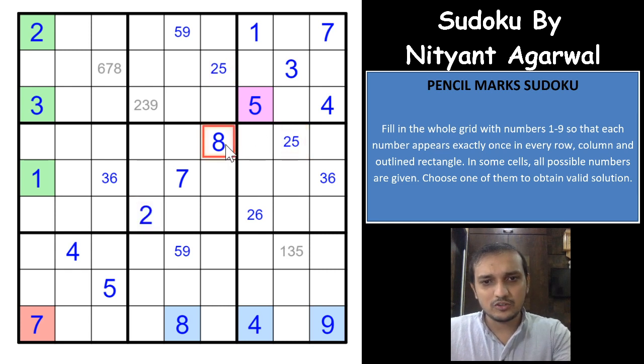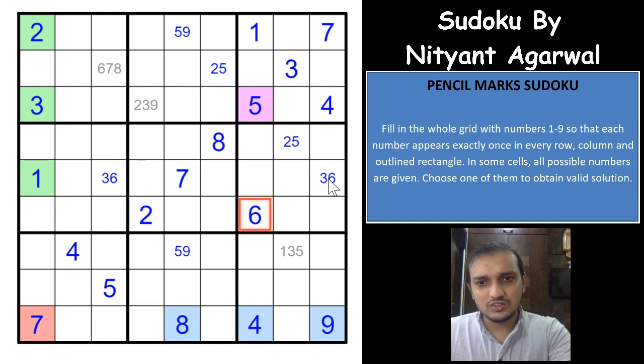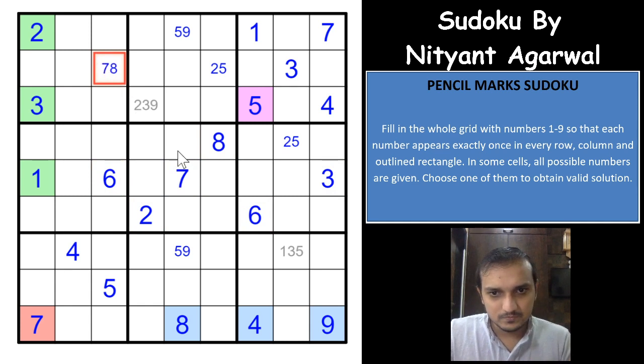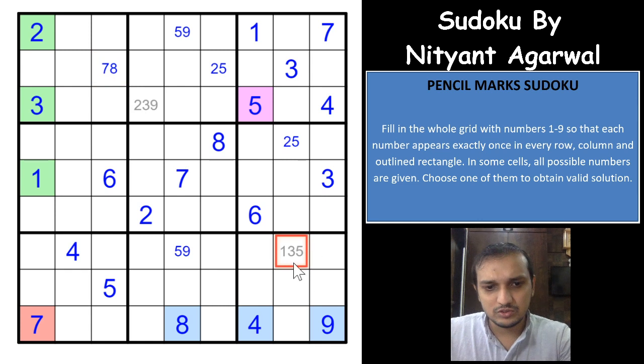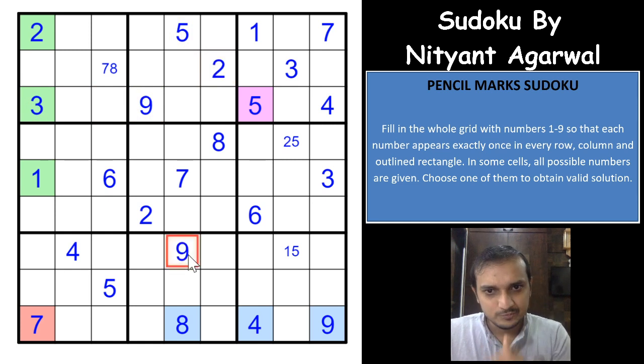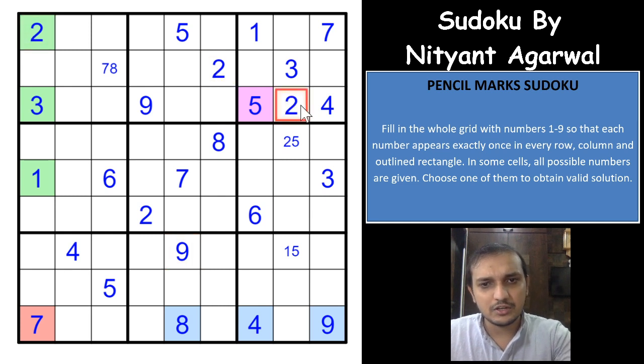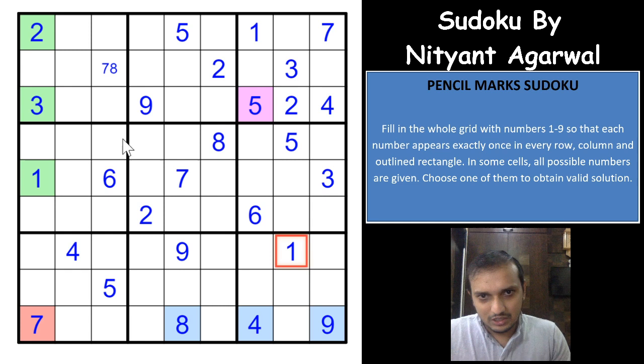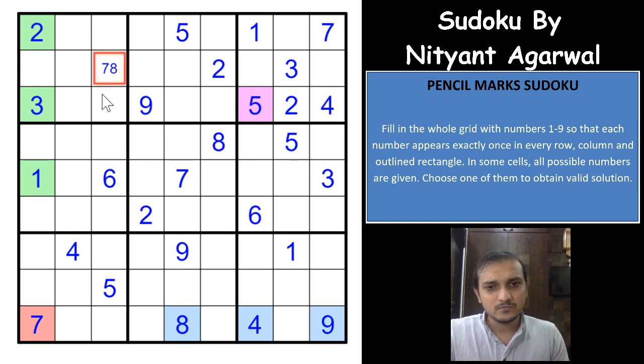This gives you a 2 here because of the 7 8, and that 2 gives you a 6 here, a 3 here, a 6 here, and that eliminates 6 from this cell, right? It eliminates, okay, so the 3 is eliminated from here, a 2 is eliminated from here, that gives you a 3 9, and because of the 3 here you get a 9 here, that gives you a 5, a 2, a 9 here, right? And actually because of the 2 here and here, you get a 2 here, that gives you a 5 here and a 1 here. So you have only one pencil mark remaining, right?